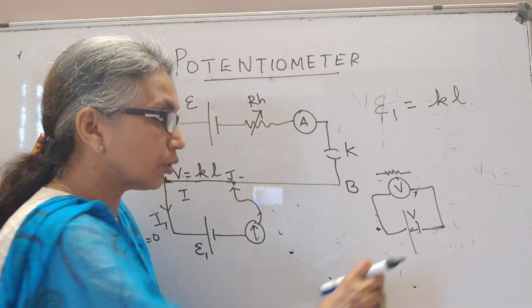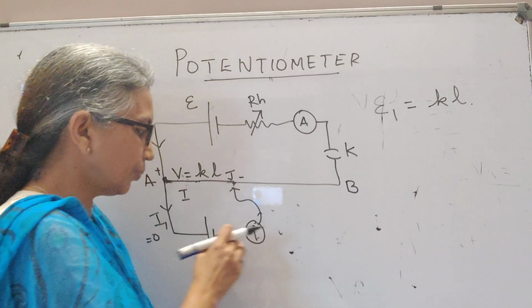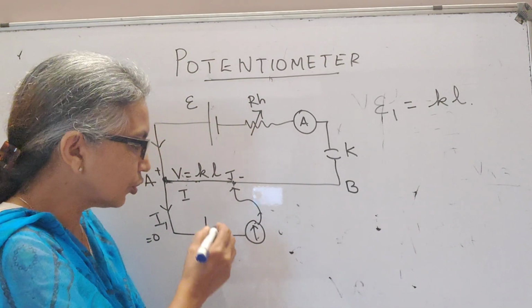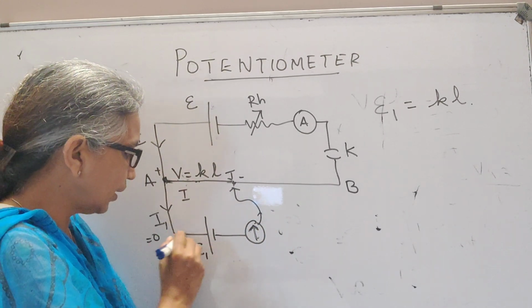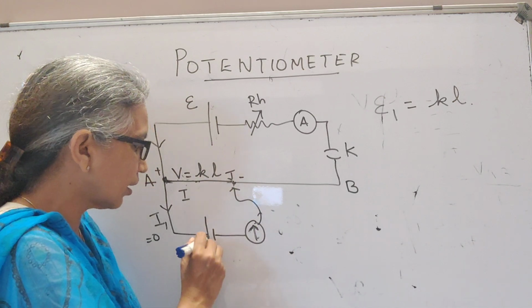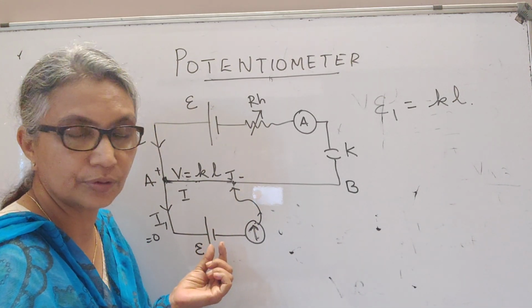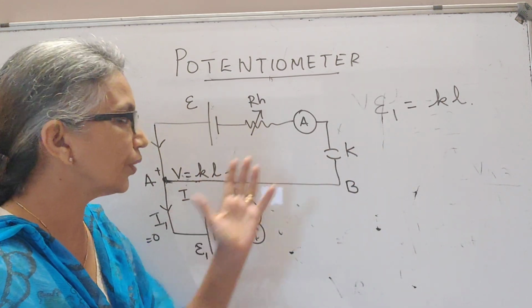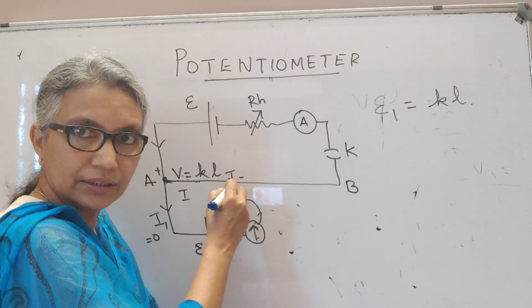So if you want to find the EMF and not V, then you have to use the potentiometer, because in your potentiometer you are using the null deflection. And when your galvanometer shows 0 deflection, it means that this branch is not carrying current, your cell is not carrying current. So what you're measuring is the EMF. Okay. So I hope you have understood how we can measure the EMF by simply finding the balancing length.